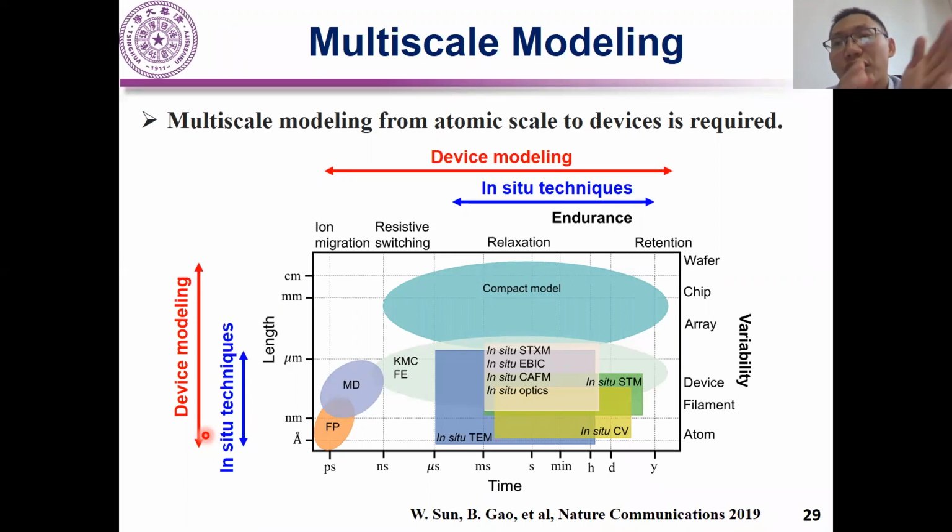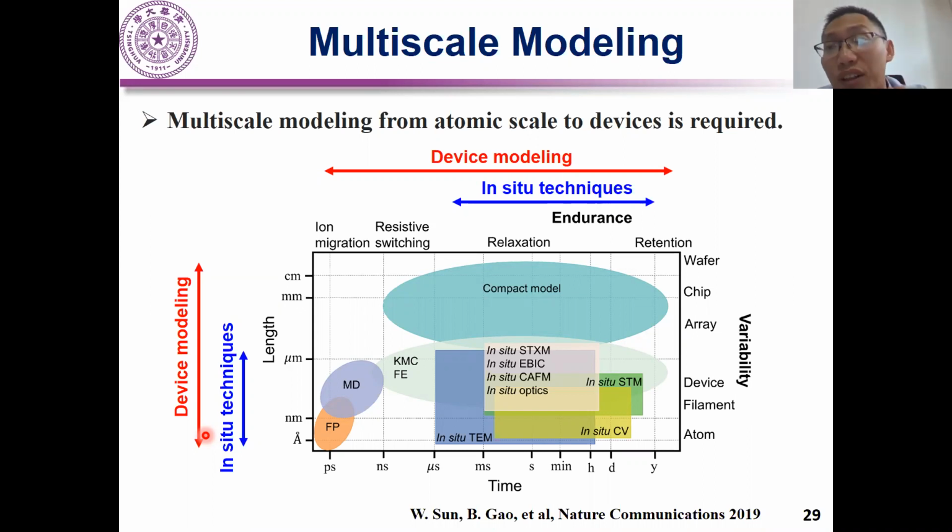So for this short time, we only care about some atomic or ion migration. So we can use DFT, MD, and some major modeling technologies to